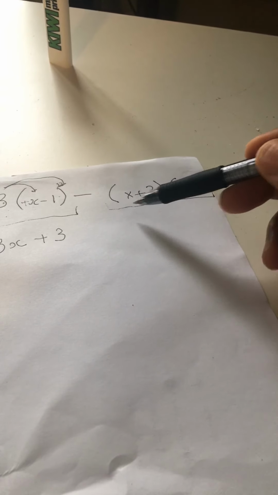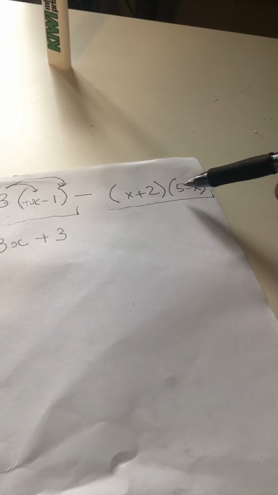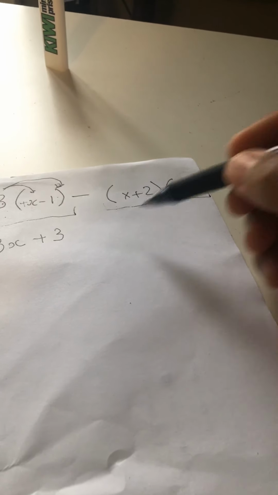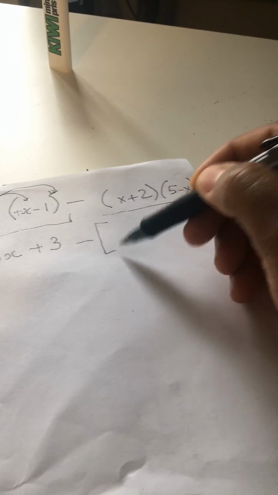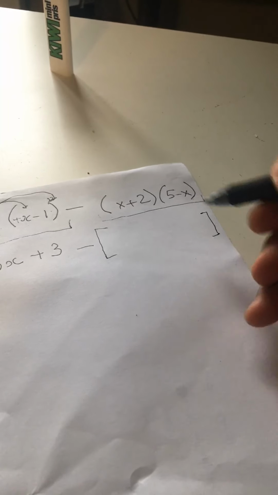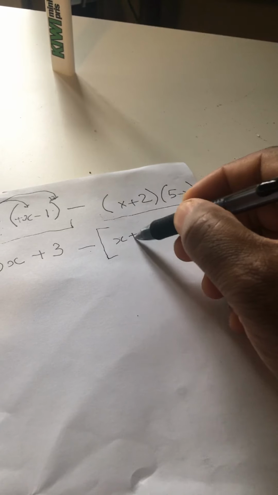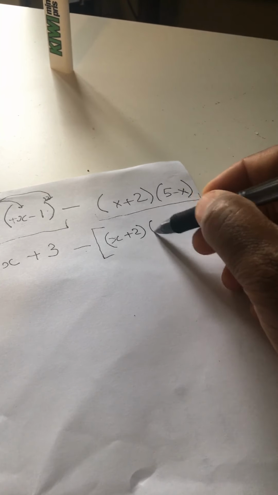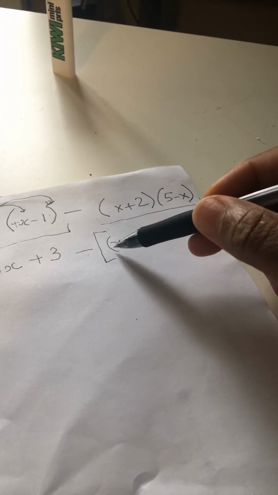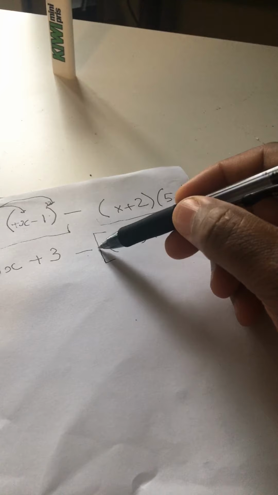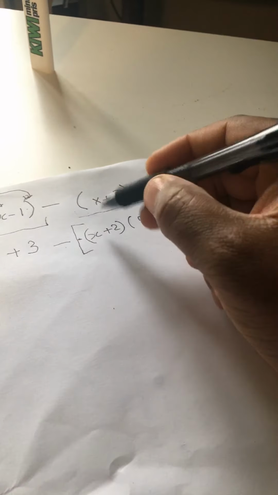Now over here you have another set of brackets. But because these are multiplied by those, it's a lot more difficult. The way to think about this part of the problem is to concentrate on what's inside these two brackets first and ignore the minus sign outside. So you have x plus 2 in brackets, and you have 5 minus x. Cool. So the thing to do here is to remove these brackets and treat this as if there's a plus sign. Well, there is a plus sign here. Cool. The way to do that now is to,